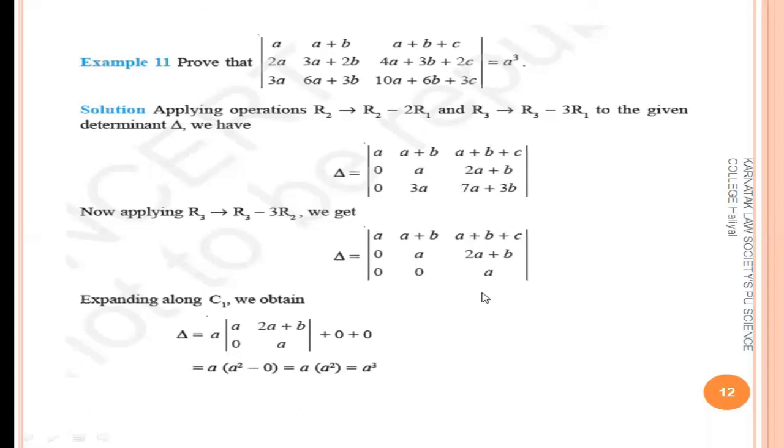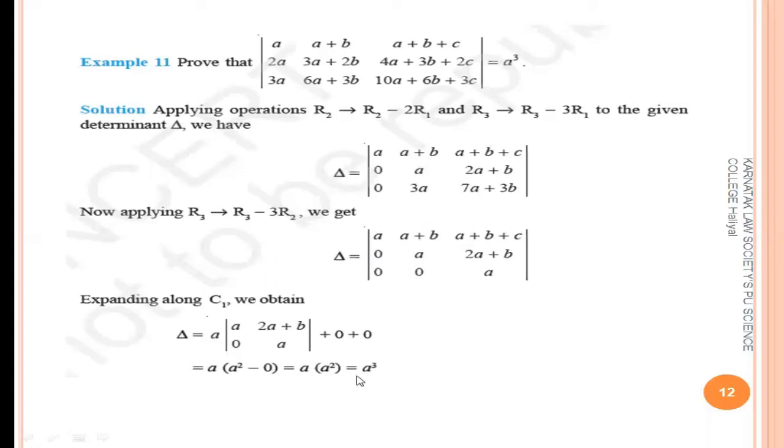See here in the determinant, once you get an upper triangular or lower triangular matrix, where except the diagonal elements the other three elements are 0, it is upper triangular, because you get the triangle on the upper side. If you get 0 on the downside, then it is upper triangular. If you get 0 on the upper side, then it is a lower triangular matrix. If the determinant reduces to upper or lower triangular, you just multiply the diagonal elements, that is A into A into A, that is A cube.